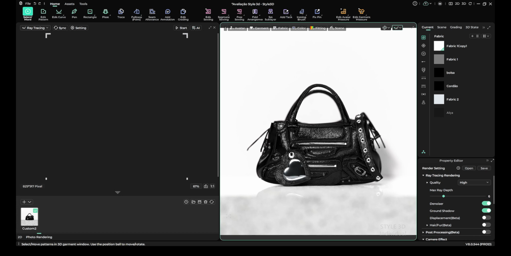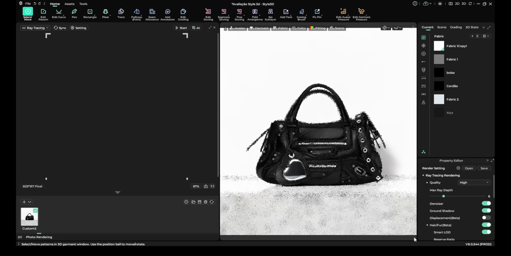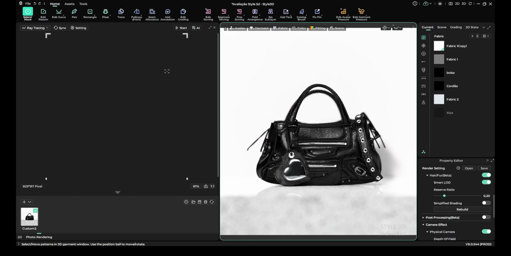It's not the subject of this video, but another thing is the hair for beta that works on ray trace is right here. So in case you were wondering, okay, we have fur released for ray tracing, because before that it was just working offline. So how can I activate that? I was questioning that myself. So in case you have an item with fur, you can activate it here